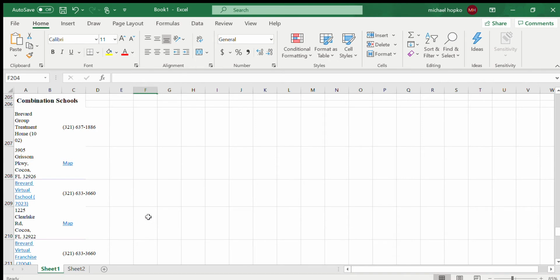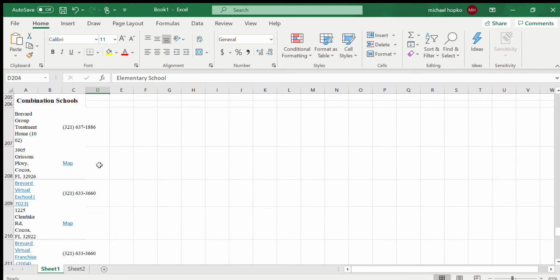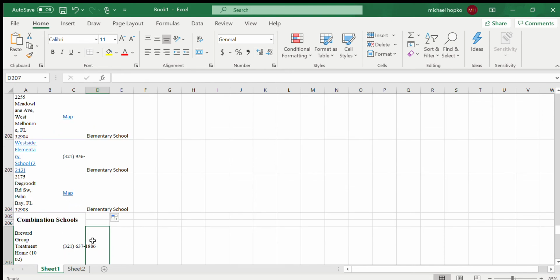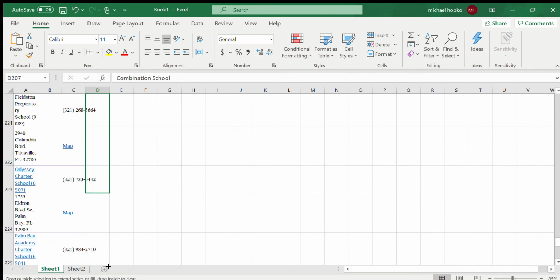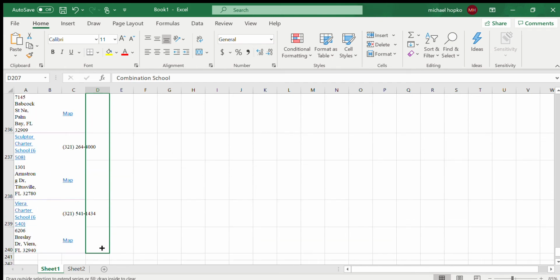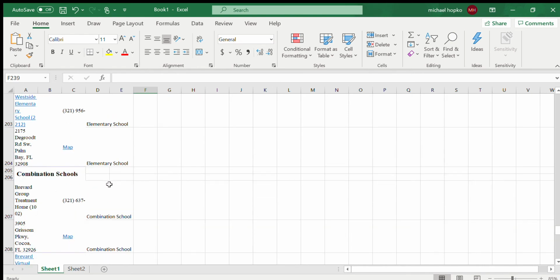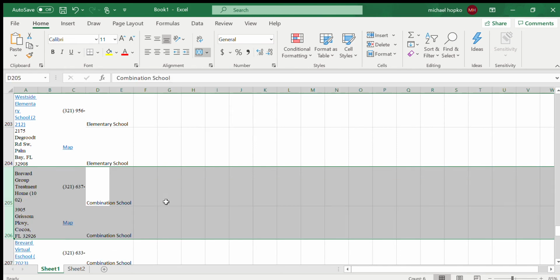Okay, so we're starting at step 6 here. I've already gone through for the rest of the school types and entered what they are and deleted these 2 rows for each. So we'll do that with the last one here. All you'll have to do is type it in the first block and then drag it down. The rest of the data here is just copy and pasted from the website. I haven't done any processing with it yet. So you'll just input those, pull it down, and then these 2 you can highlight and delete the rows.